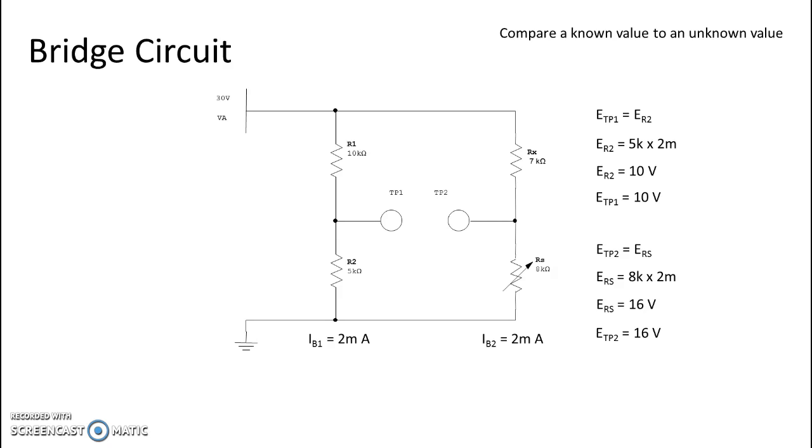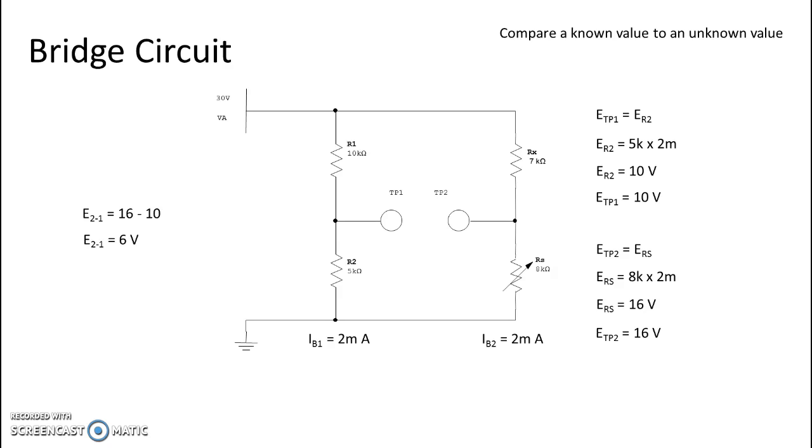So we would put our black lead at test point 1, and we would put our red lead out on our unknown. For this reason, you are going to take, as we always do, red minus black. So it's going to be test point 2 minus test point 1, which is 16 minus 10. You end up with a voltage difference of 6 volts. Now, if the known side happened to be a greater value than the unknown side, you would end up with